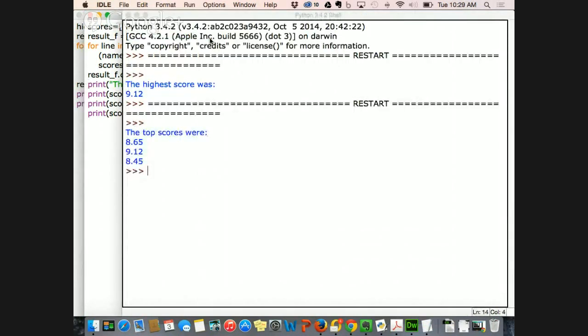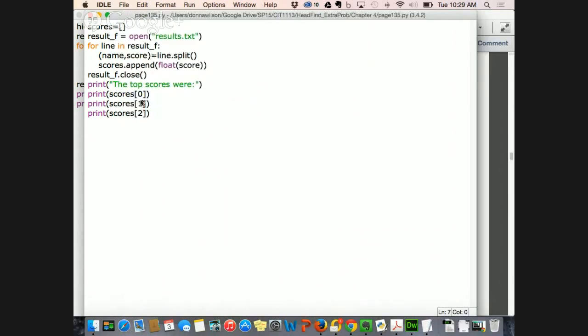Oh, it didn't work, right? It didn't put the highest score first and then the second highest and the third highest. All it did was print the first 3 scores out, because I told it right here to only print these. So I could go down here and I could add